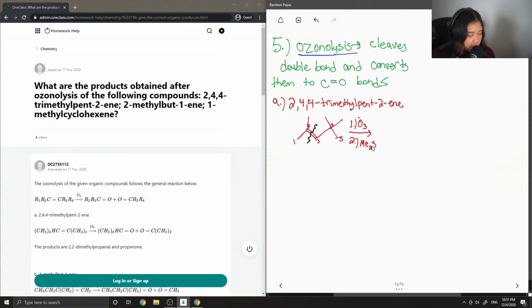I'm going to use dimethyl sulfide. And our two products that are formed are propanone